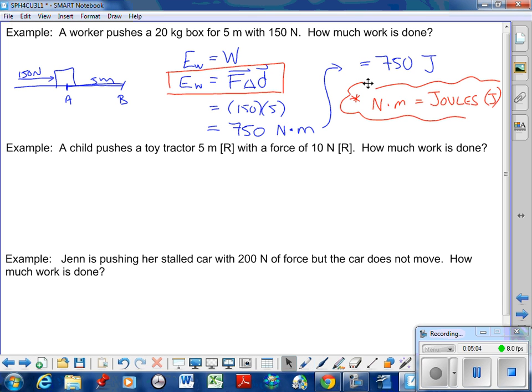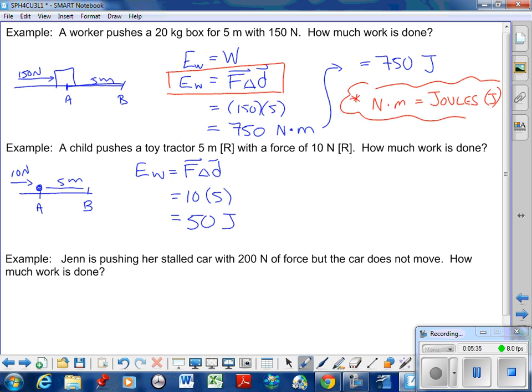That is the formula when we're calculating work. Okay, next example. A child pushes a toy tractor 5 meters to the right. So the object was here at point A, now moves to point B, 5 meters to the right, 10 newton force. How much work is done? So work is force times displacement. 10 times 5